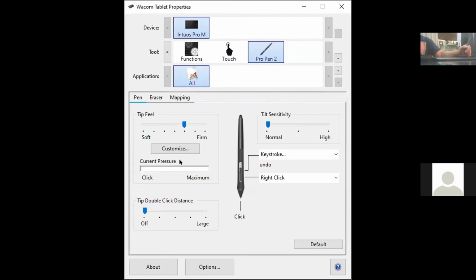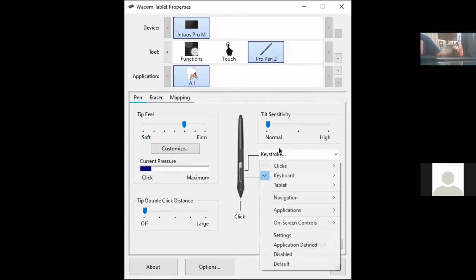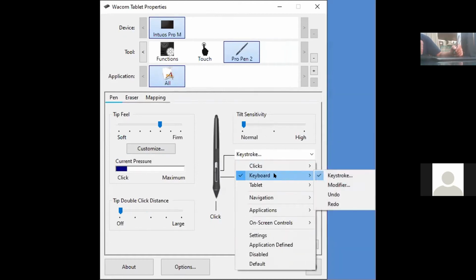Second, let's see how the pen tab keys work. Can you see these two keys, top and bottom? Yes, sir. Okay. You can always go to keystroke over here and assign a keystroke.